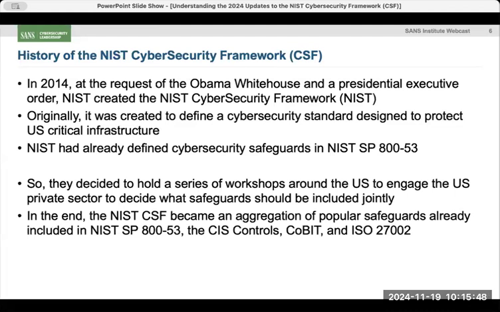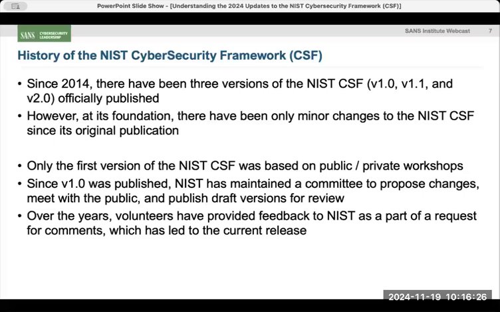The family, or the domain number one that they defined, about hardware asset inventory was domain number one in the CIS controls. Domain number two was software asset inventory. That was domain number two in the CIS controls. Right? They literally just did a lot of copying and pasting and moving ideas around, which is fine. And basically, they almost took a state of the union to say, okay, what are the things that everybody is right now telling us to do anyways, and let's just reflect that in the CSF. But remember, it was designed specifically for a very specific class of agencies and entities called critical infrastructure, which you can look up on your own and see what that definition is in the US.